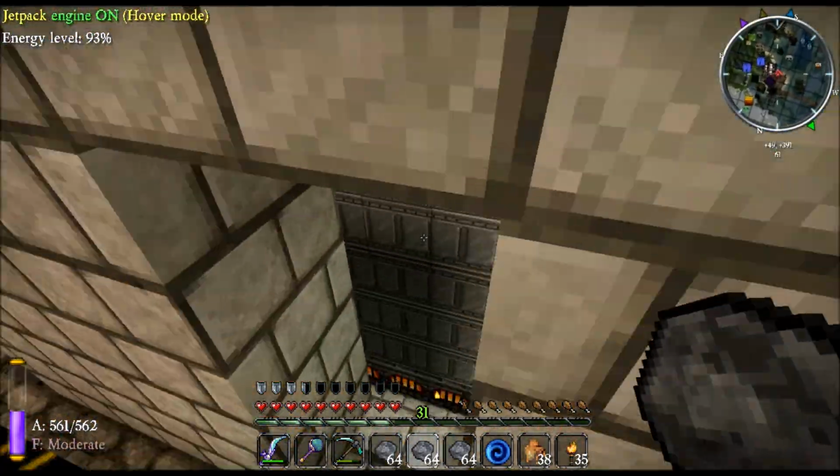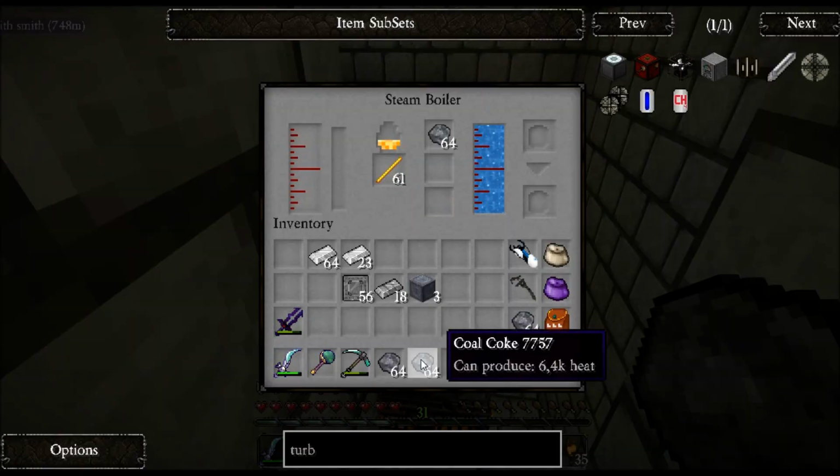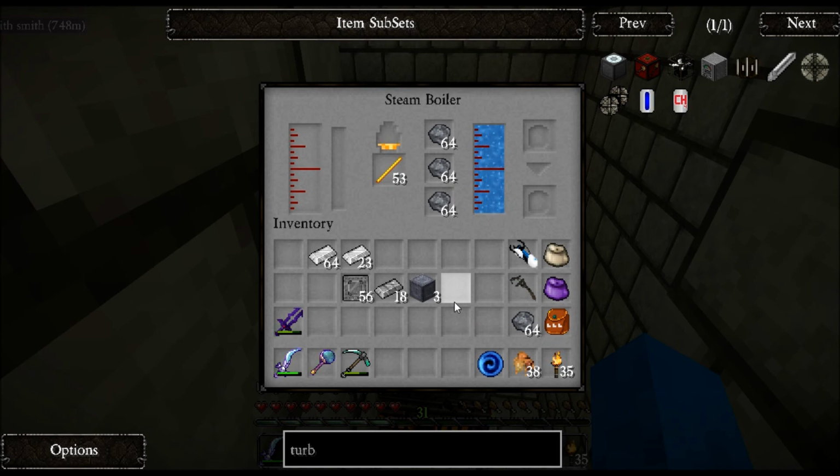I do admit using something like fuel or oil might be a better solution in the long run, but if you have access to it, and that's the biggest problem here. I haven't really found any oil, and that's the main reason. You can see even here we are burning quite fast through it, but this is because it's still rising, and